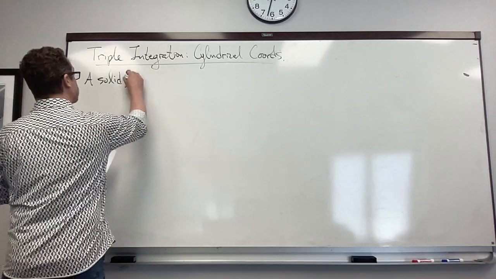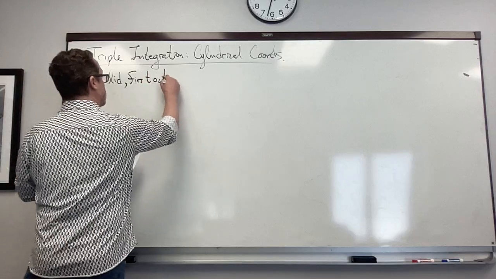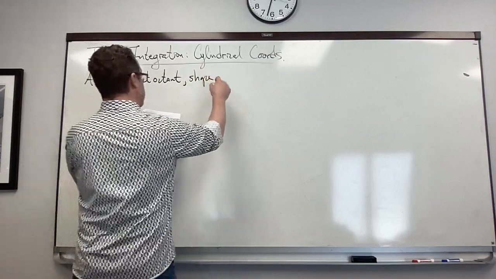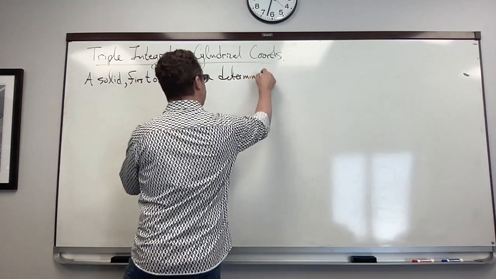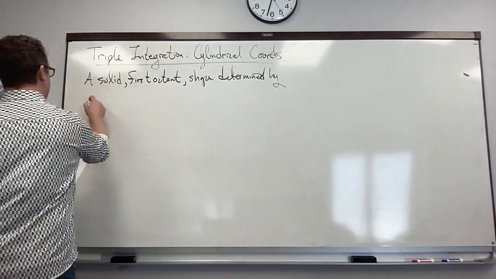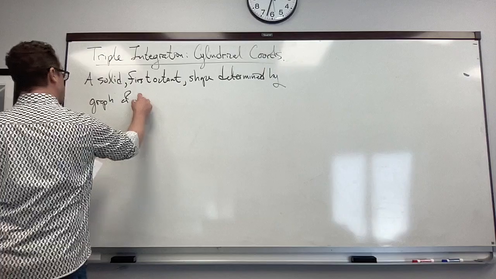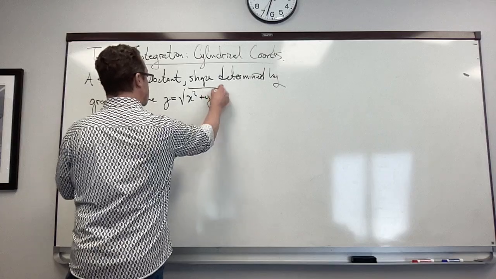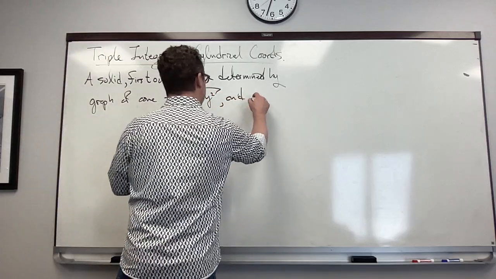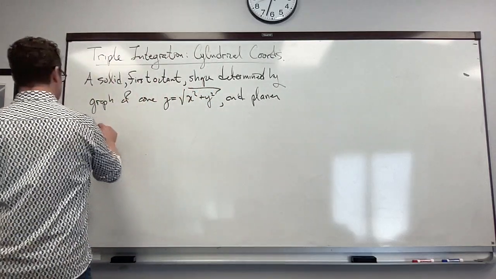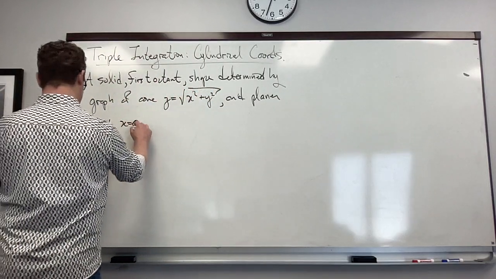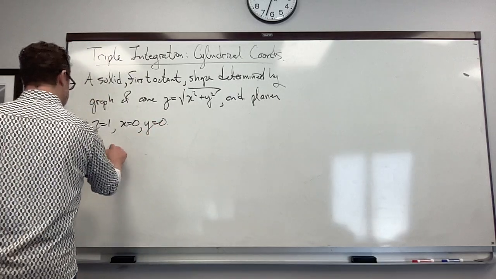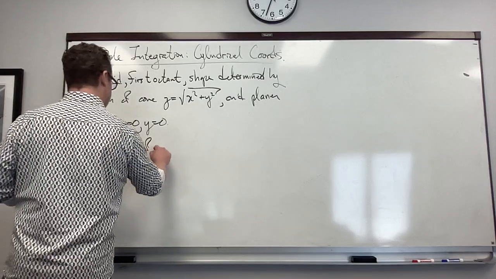So a solid in the first octant with a shape determined by the graph of a cone z equals square root of x squared plus y squared, and planes z equals 1, x equals 0, y equals 0. Okay? Find the center of mass